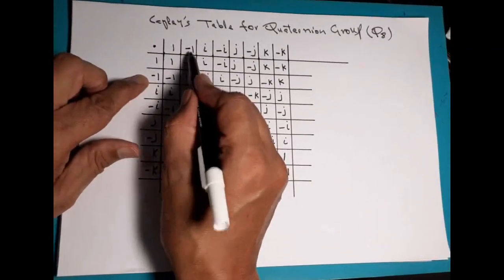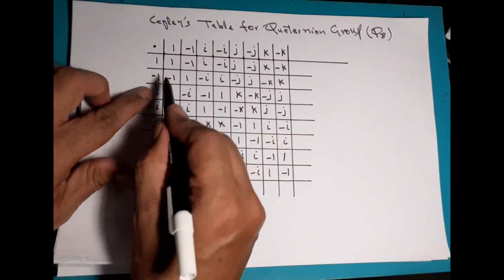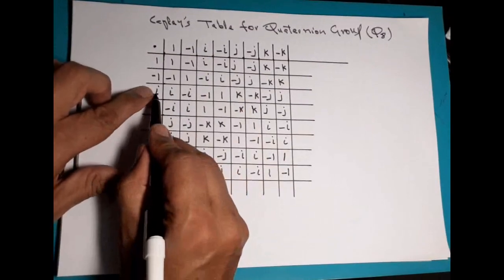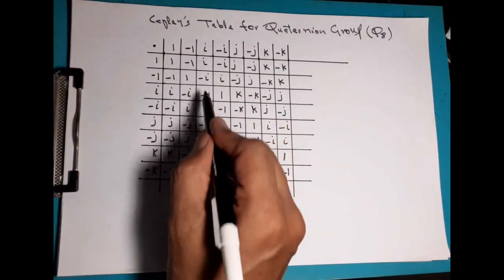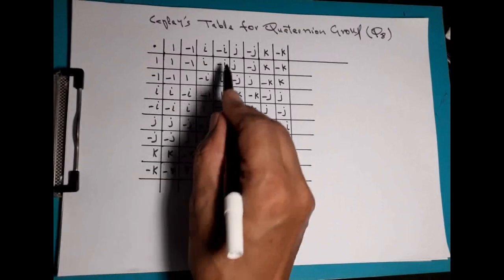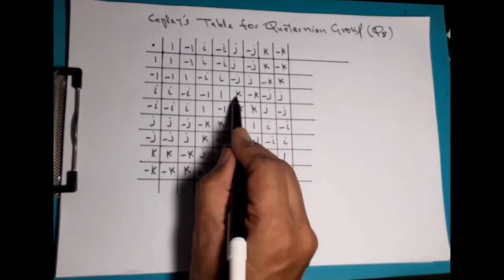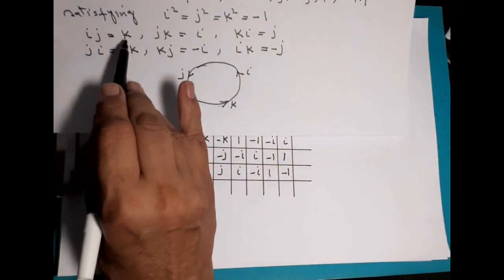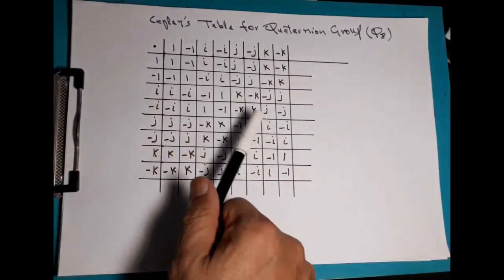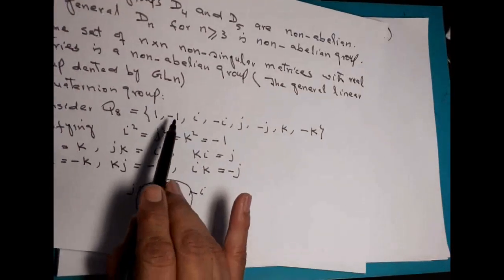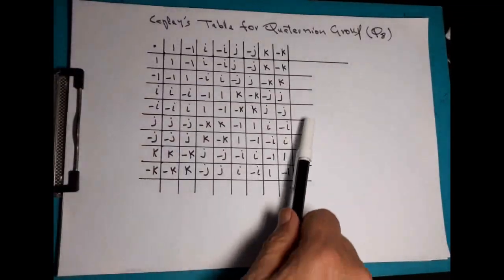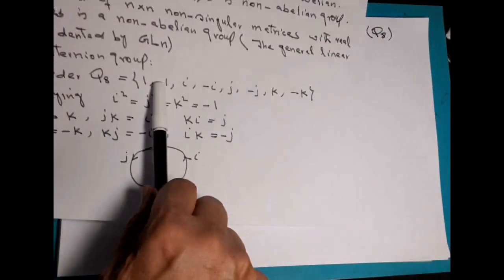Minus 1 multiplied with minus 1 is equal to 1, and so on. i multiplied with 1 is equal to i. i multiplied with minus 1 is equal to minus i. i multiplied with i is i squared, and i squared is equal to minus 1. And then i multiplied with j is equal to k. You can see all these elements in the table are from this particular set: 1, minus 1, i, minus i, j, minus j, k, minus k. So you can see that this particular set is closed